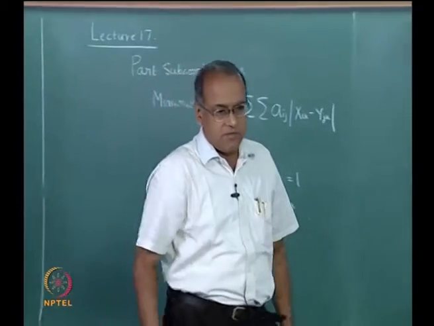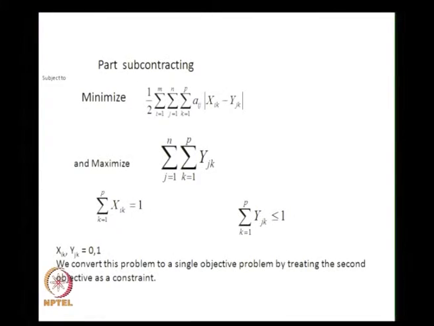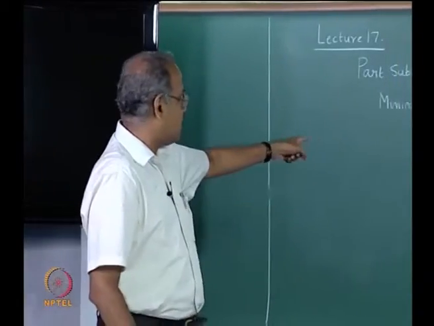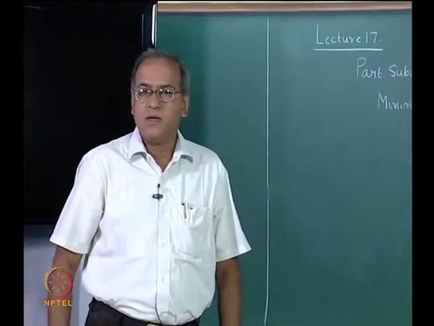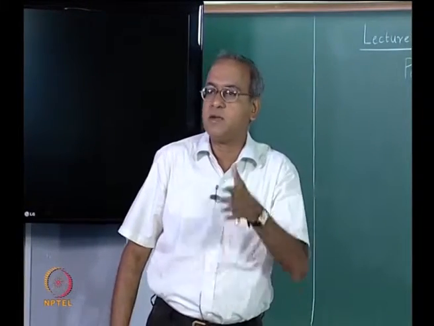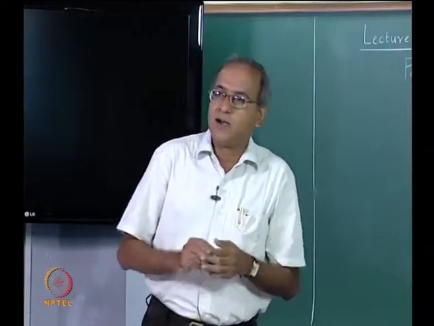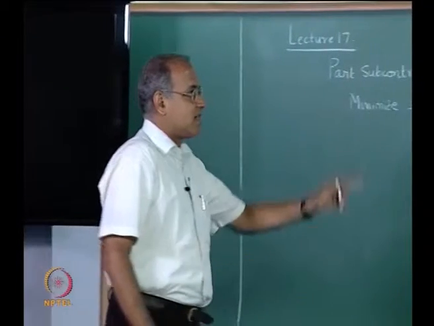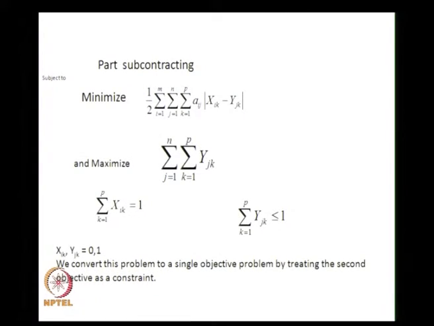Now, in the slide what I have done is, I have said that now when you give this condition, this is written from the constraint sigma yjk less than or equal to 1. Now, that is rewritten as plus Sj equal to 1. So, if we want to look at that constraint, we could try to either minimize the number of parts that are subcontracted or try to maximize the number of parts that go into the cell. So, the corresponding objective is written as maximize yjk. So, now this looks as a 2 objective problem.